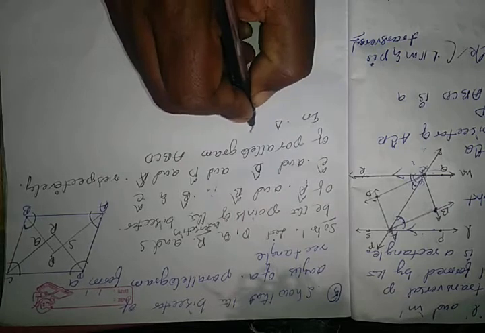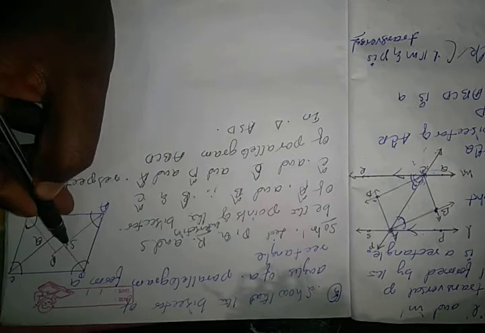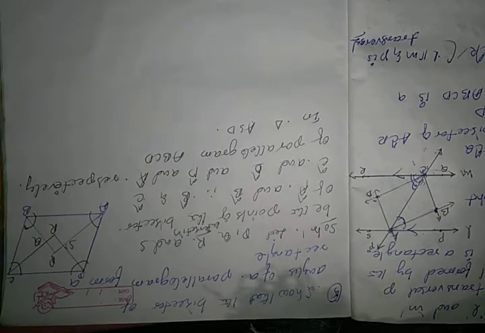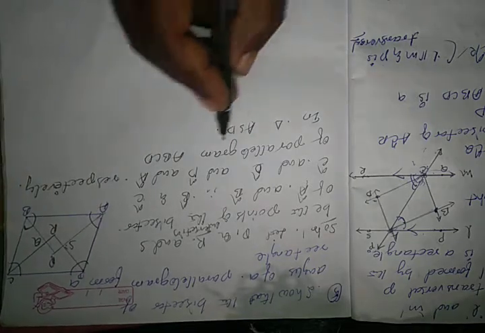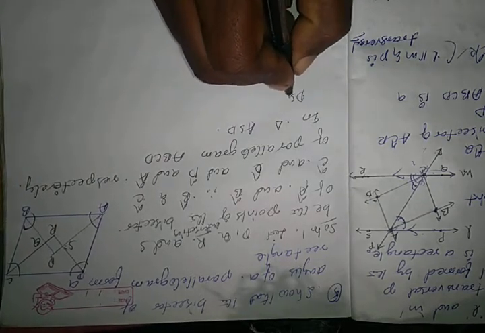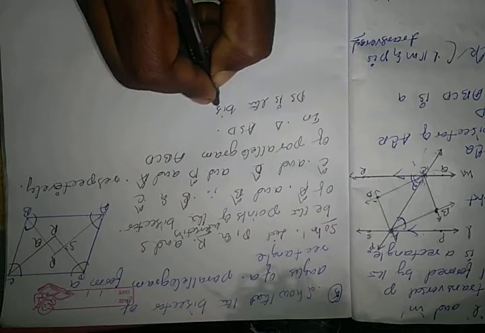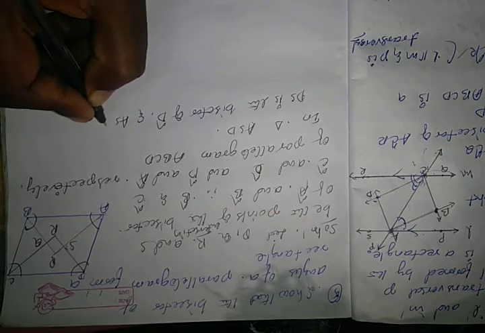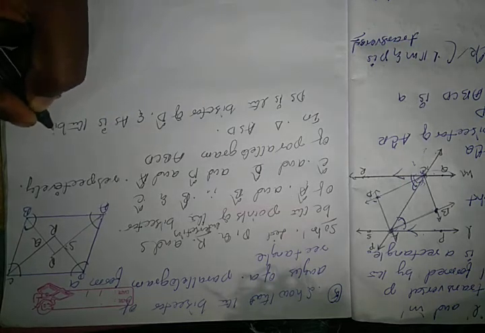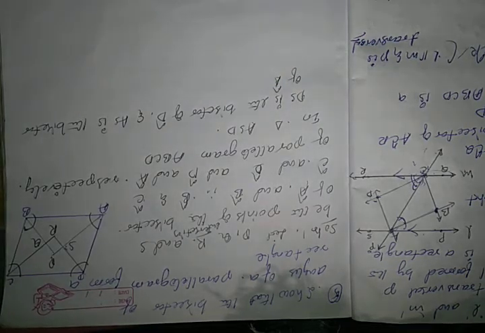In this diagram, in triangle ASD, carefully observe this. In this triangle, DS is the bisector of angle D, and AS is the bisector of angle A. Therefore, write down DS is the bisector of angle D and AS is the bisector of angle A.